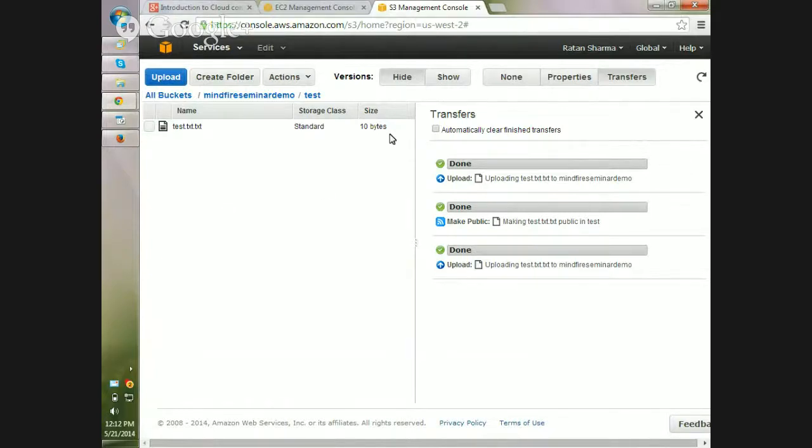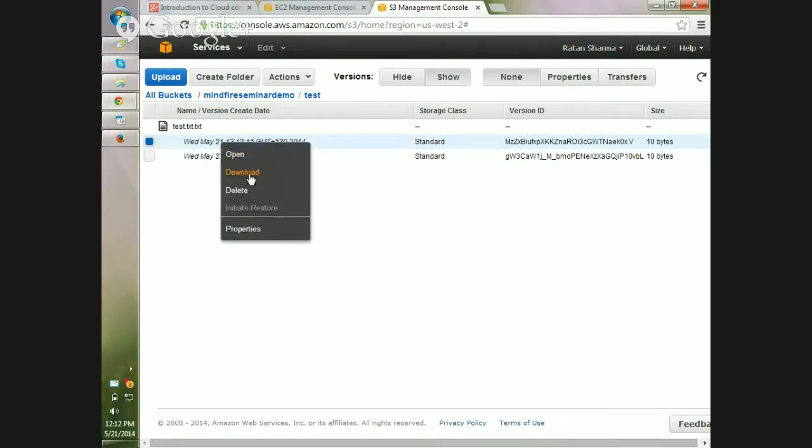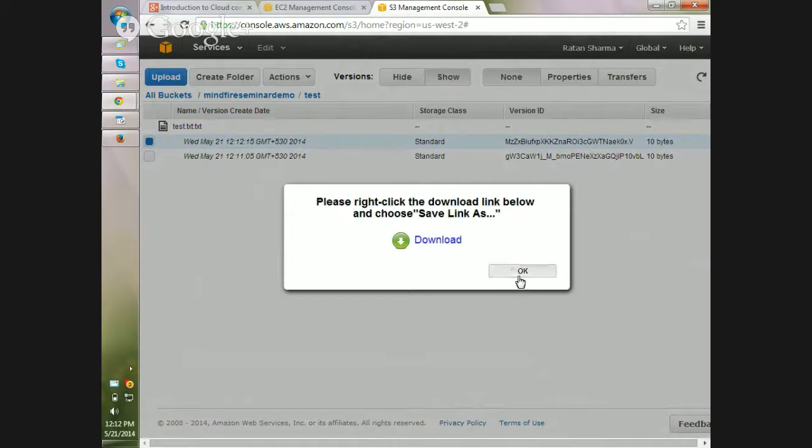Now we want to see the old file. So you go and check the versions here. Here you will get two version IDs. So this is the ID we can track each one by. Maybe you are using images or any data files or whatever. So you can track those file versions with a version ID, because the URL will be the same. It won't be changing. Like if you see this URL, this is the same for this one.